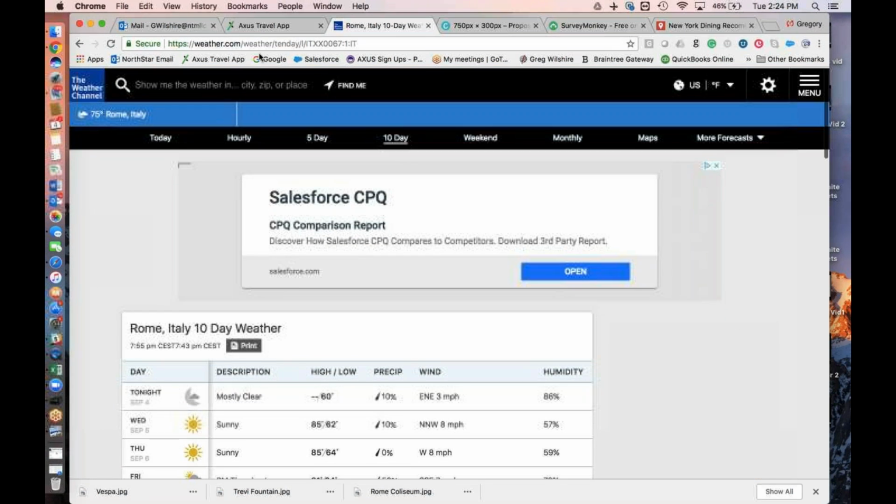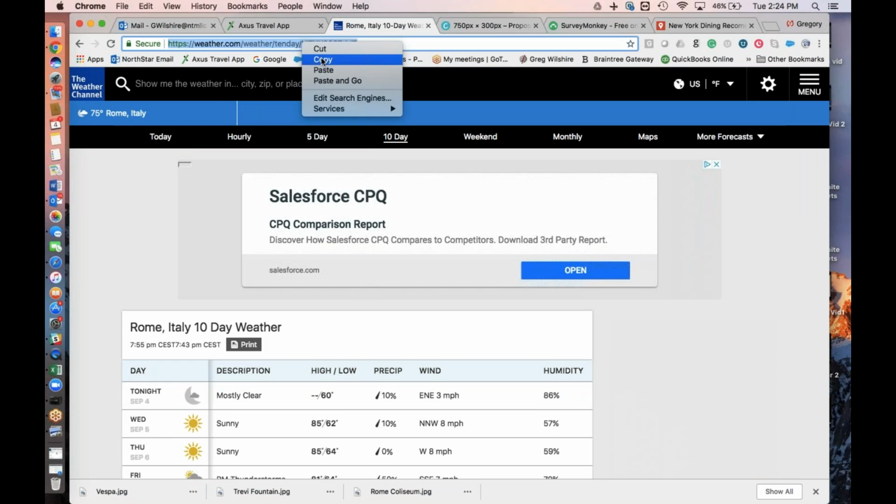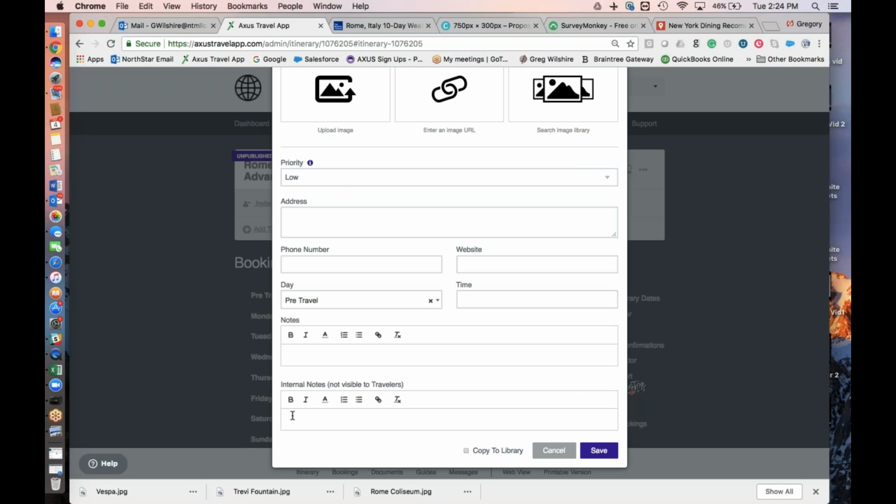This one took me right to Rome. I'm essentially going to click on the URL at the top. I'm going to copy it. I'll come down here to the notes section and say click here for live weather conditions in Rome. Of course, nothing's going to happen unless I actually hyperlink that word here to the URL. So now if I highlight this and if I click on this linking feature right here, this is our hyperlinking icon. So if I click on that, I already have that URL from weather.com on my clipboard. So if I paste it in there and if I save it,